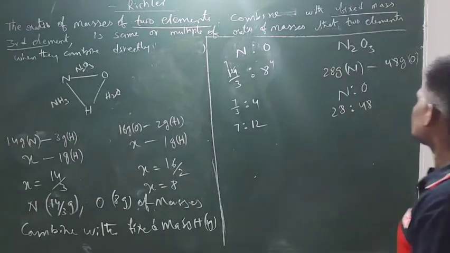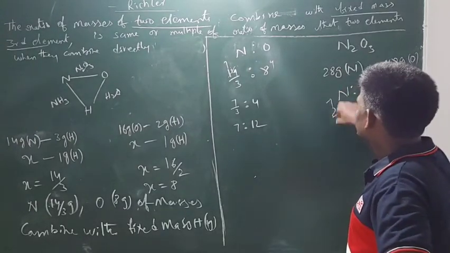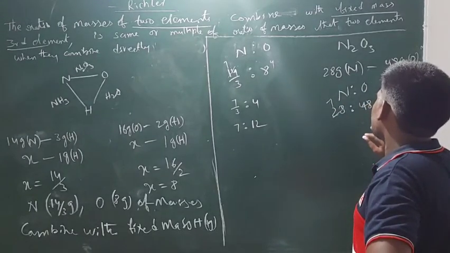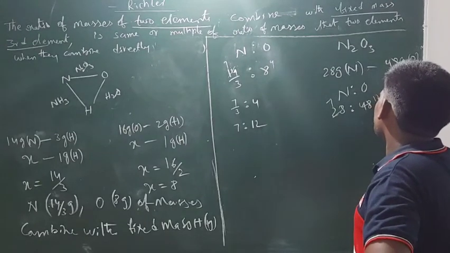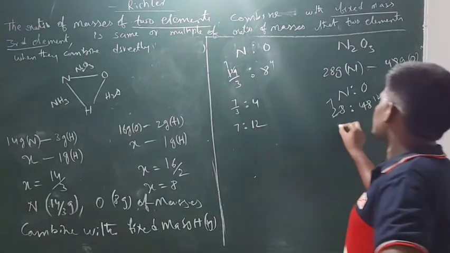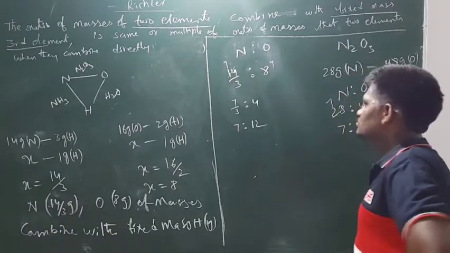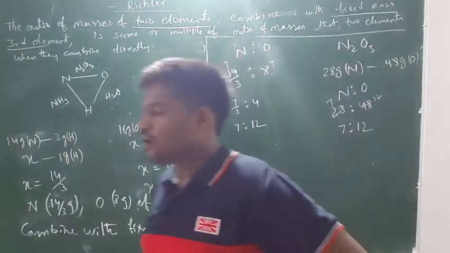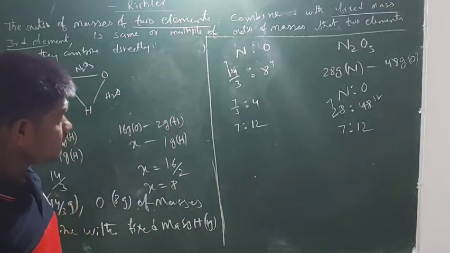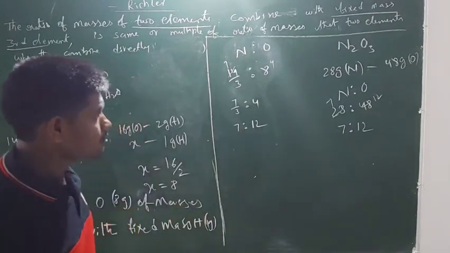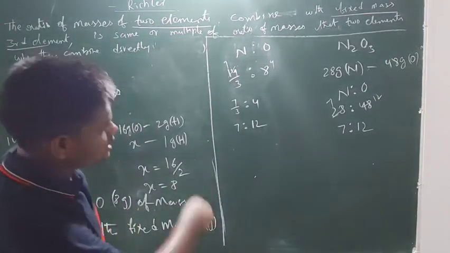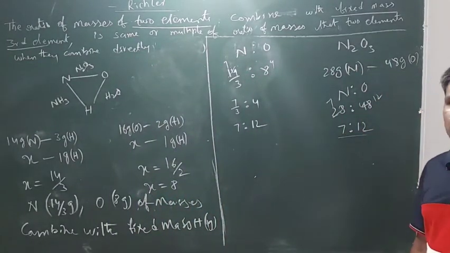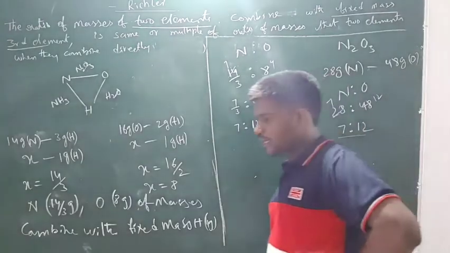So now, guys, here fourth table. In this, 7 times cancel. 7 into 4, 28. So fourth table 7 times. Now in this, guys, fourth table how many times will be cancelled? 12 times. 12 into 4 will be 48. So then here you can get 7:12. We have got the same ratio. Right, guys, nitrogen and oxygen, when they combine in 7:12 ratio, they combine with the fixed mass of hydrogen. And when they are combining directly together, they are combining in the same ratio. So here the law is verified, right?